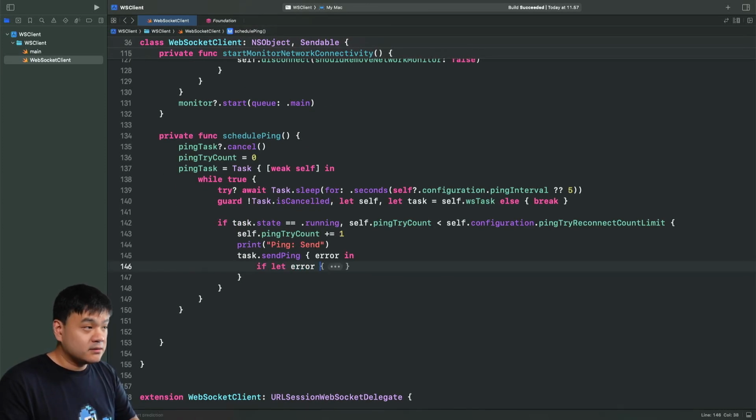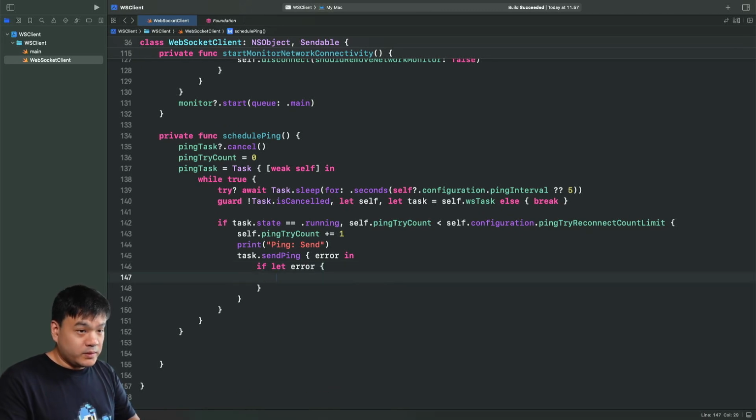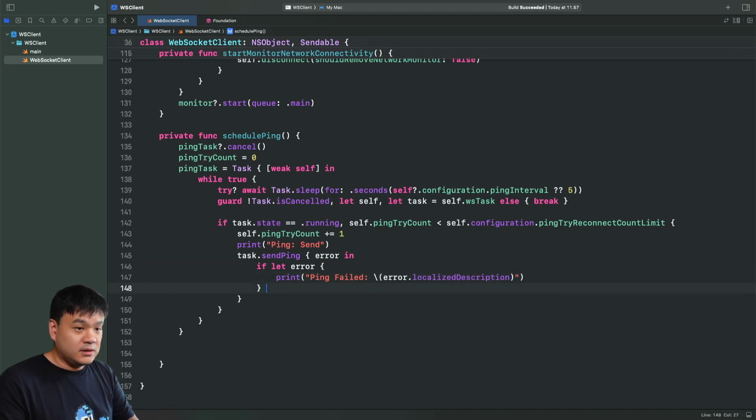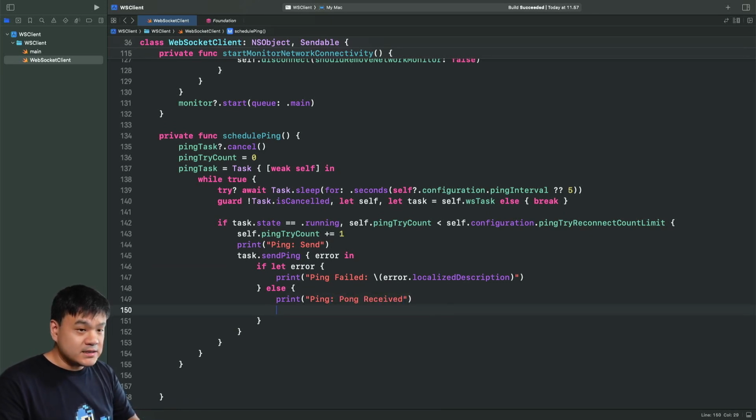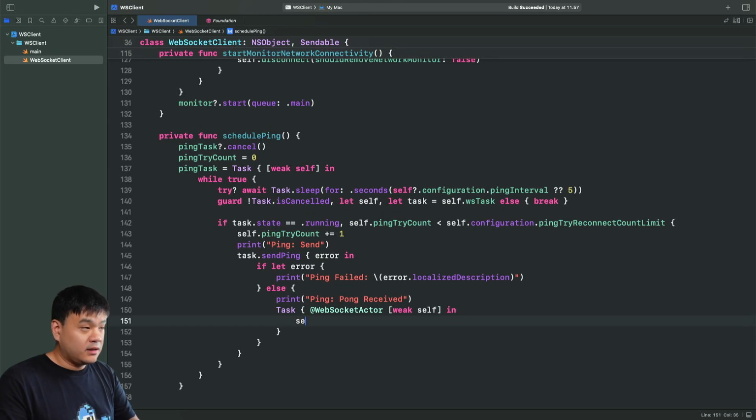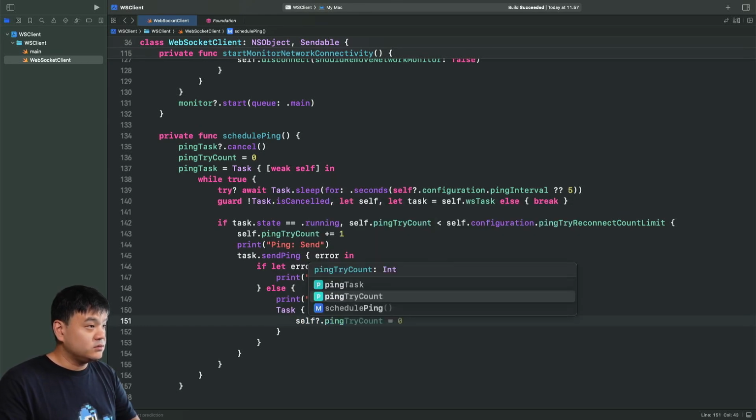And if let error, we will simply just print ping failed, error with localized description. Else, we're going to print ping pong received from the WebSocket server. And in this case, we are going to reset the ping try count. Okay, we need to switch back to the WebSocket actor. Let's use weak self to avoid a retain cycle, and